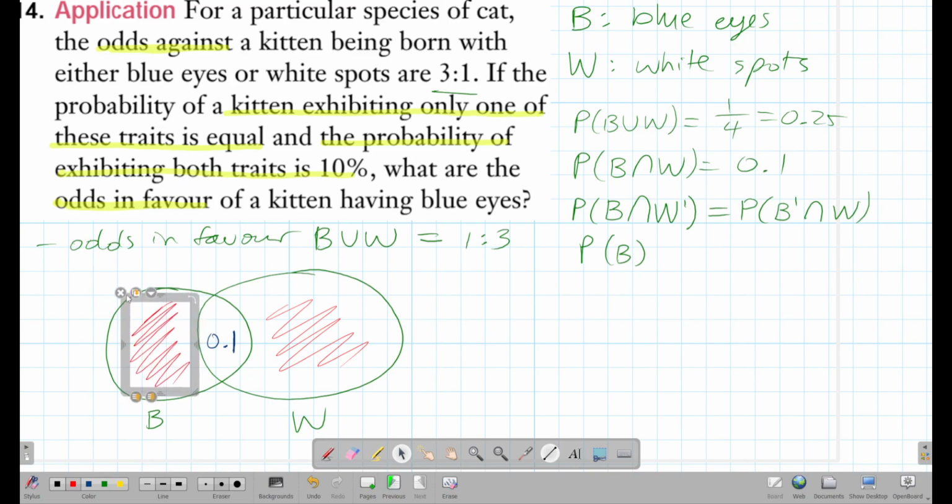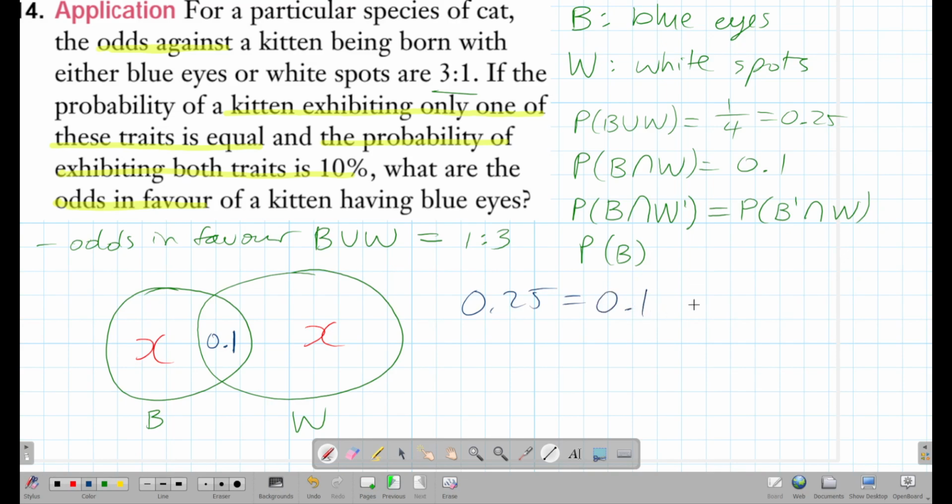Well, it's time to set a variable. So I'm going to make the part that I just shaded x and x. And we know from this B union W that we have this relationship: 0.25 is equal to 0.1 plus 2x. And now you kind of see why I left everything as a decimal, because you can solve this equation to find x. x is going to be 0.075. So I'm going to replace the x's in the diagram with